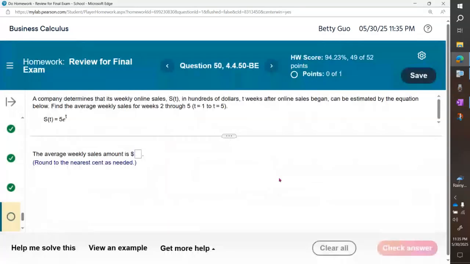Question number 50. A company determines that its weekly online sales S of T, in hundreds of dollars, T weeks after online sales began, can be estimated by the equation below. Find the average weekly sales for weeks 2 through 5. And actually this tells you T equals 1 to T equals 5, right? Average weekly sale. So this is about average